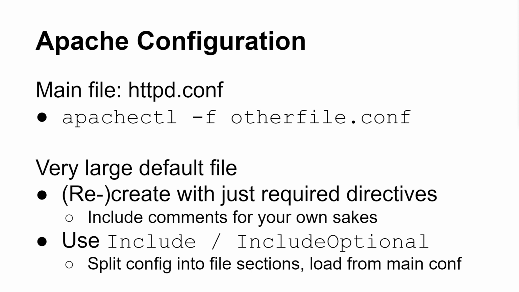We can always use some other configuration file, but we have to manually specify to Apache CTL to use this other file that we want to use. Otherwise, without any specific options, Apache CTL is just going to use your main httpd.conf file that would normally be